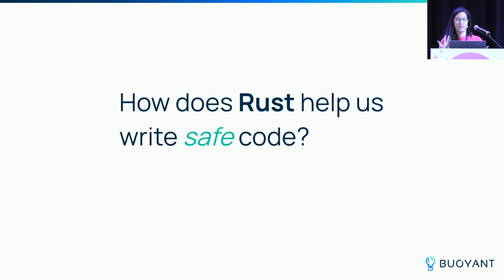So how does Rust do this? How does Rust help us write safe code? One idea in Rust is unique ownership, which means that any piece of data in your program is owned by exactly one piece of code. And so you don't have two different pieces of code both trying to access the same data, both thinking they own it, both trying to manage it, and leading to issues where maybe one deletes it while the other's accessing it.